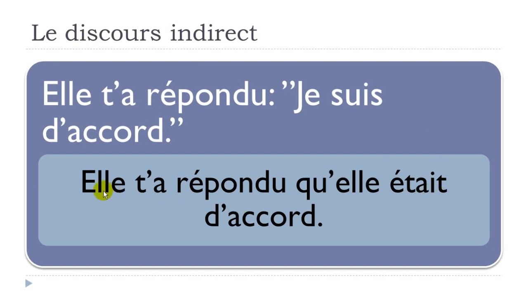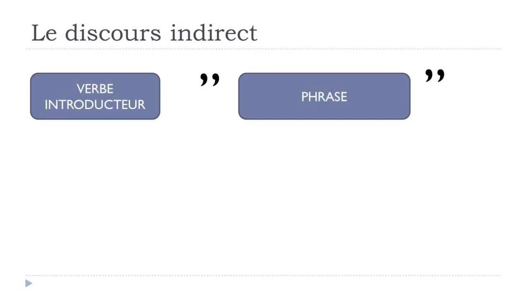And you get the sentence, elle t'a répondu qu'elle était d'accord. All right? So this is the way that you should follow if you want to make this discours indirect. And in the first part you've got, well, the past. And in the second part you've got the present form. Okay? So let's see now, how do we do if we've got, well, still the same thing, so the passé,